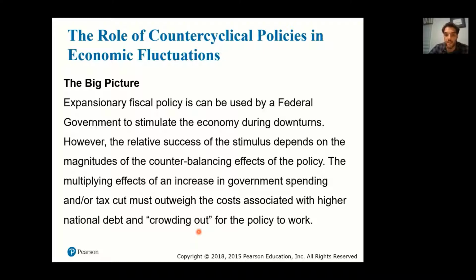But essentially, there's an increase in real interest rates due to government borrowing. This increase in real interest rates makes it more costly for households and firms to take out a loan. And if it's more costly for them to take out a loan, there's going to be less investment specifically into